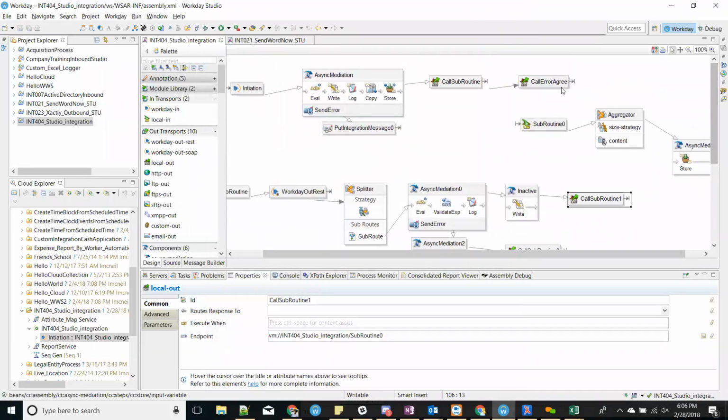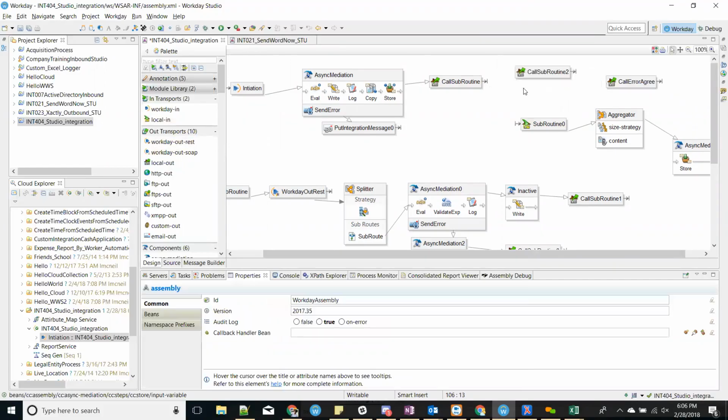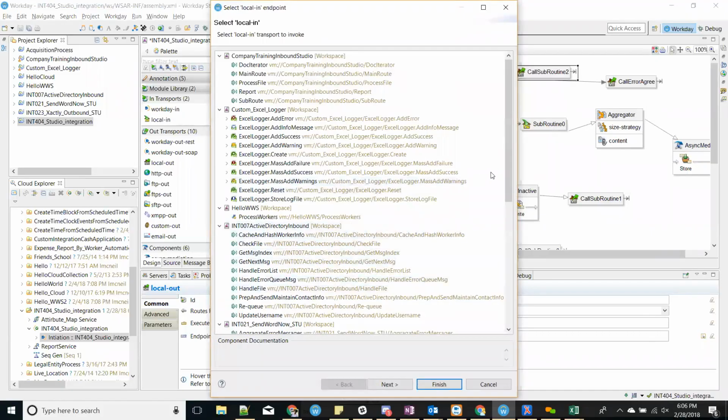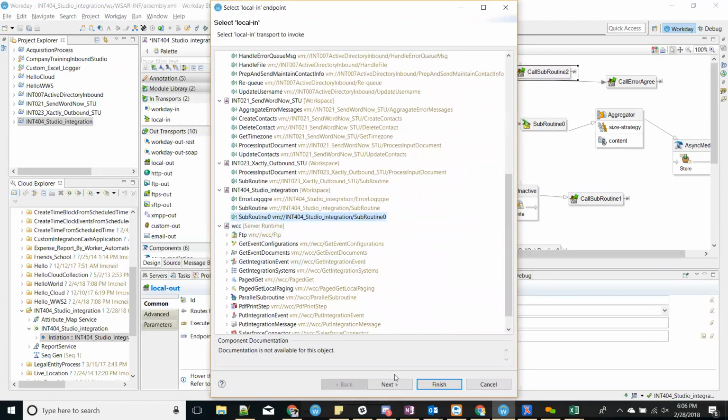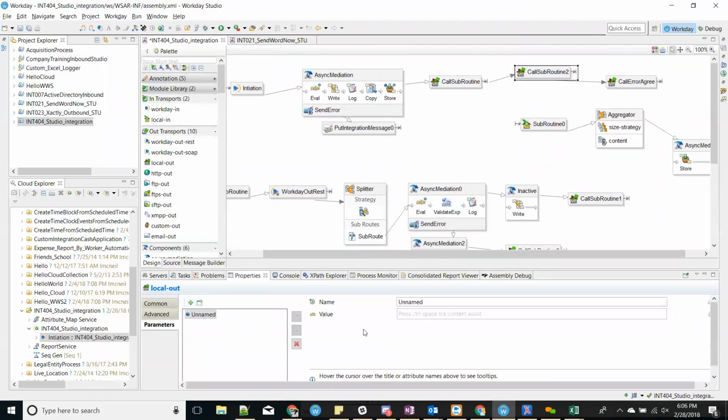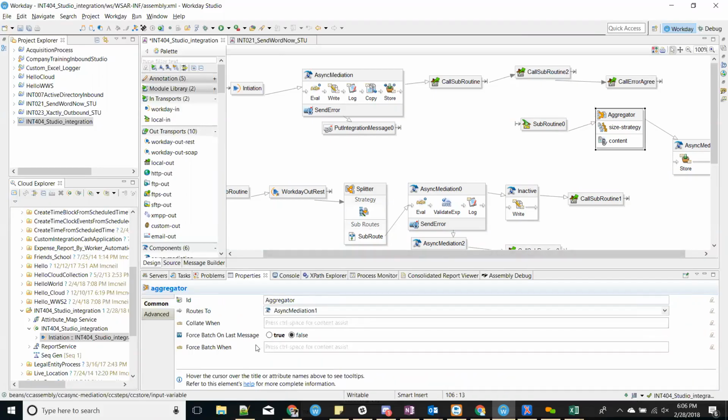We have this connected. I want another local out here, which is saying my aggregator to correlate everything. And this one is going to connect to same subroutine 0. And this is going to pass a parameter. So I'm going to add a parameter here saying create file, and then the value equal to true. And what I'm going to do is